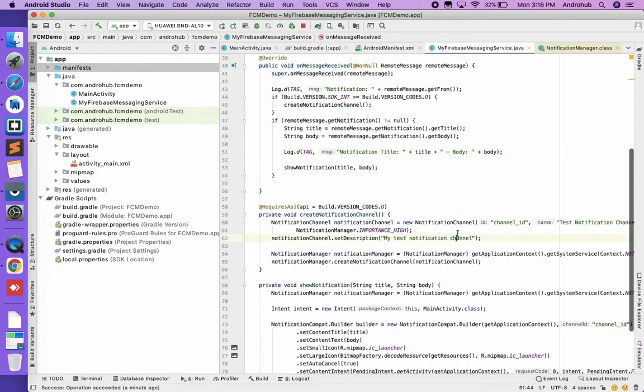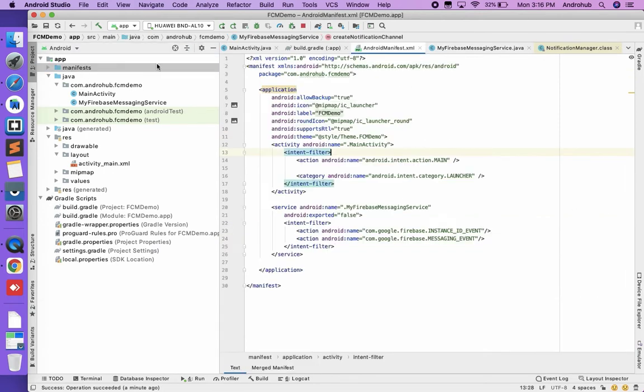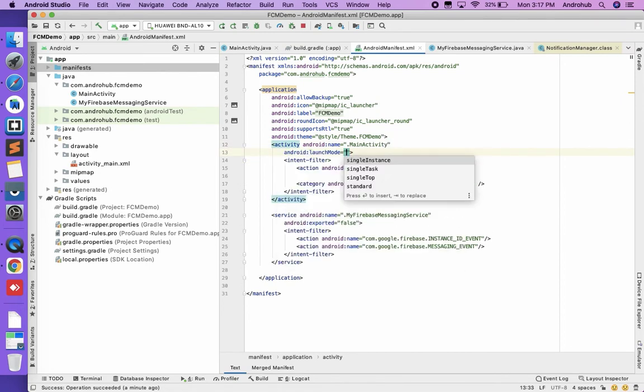Now how to overcome this issue? To do that, we have to add the launch mode to our activity, which is singleTop. SingleTop means if your activity is on the top of the stack, it's not going to recreate the activity.